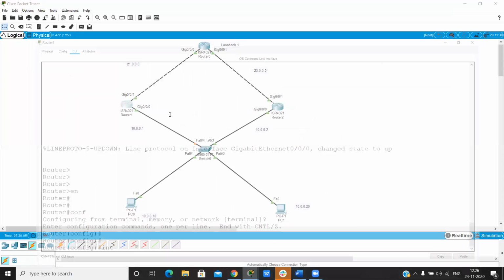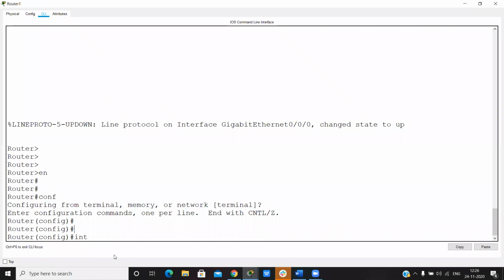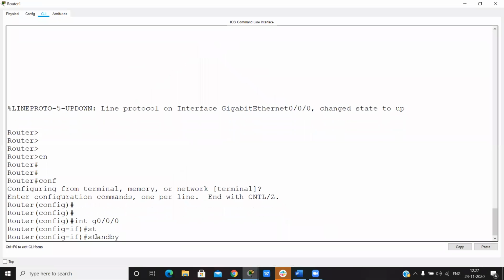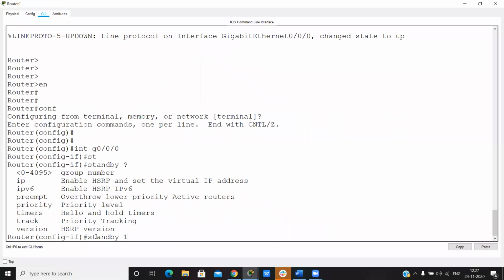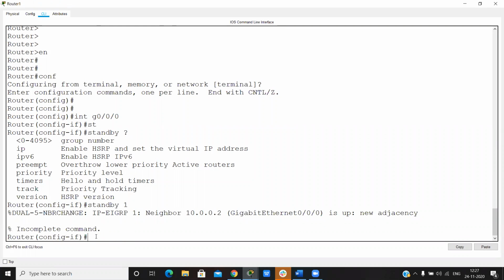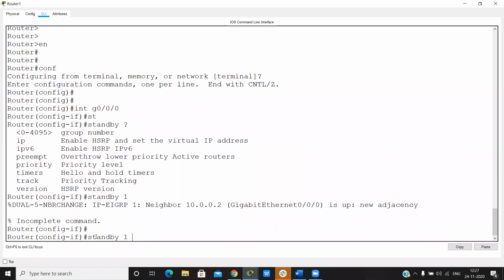So go on interface G0/0/0 and run the command standby. Here we give one group number, standby 1, and then we give the virtual IP. I can give 10.0.0.100.